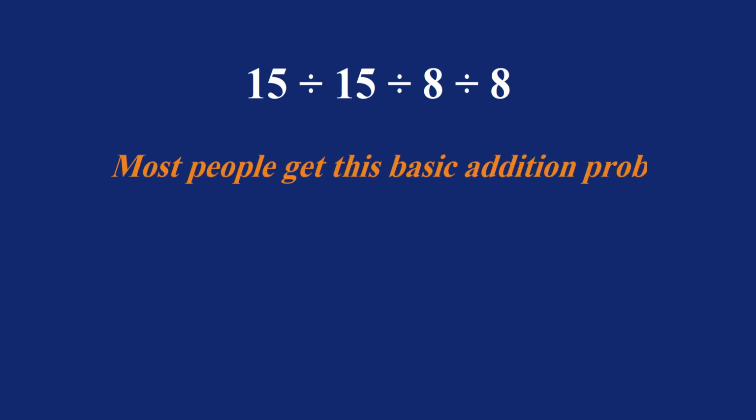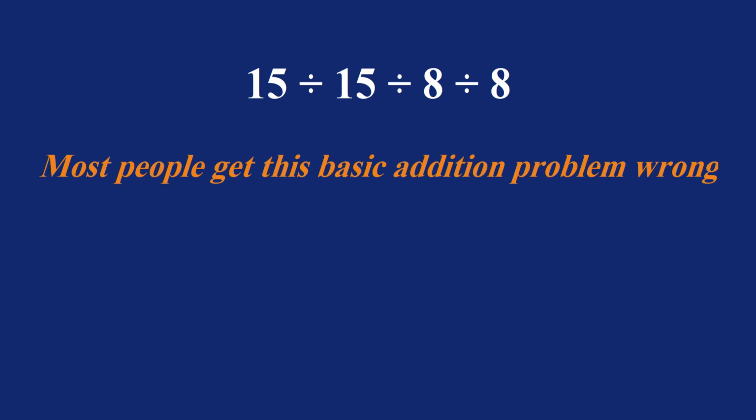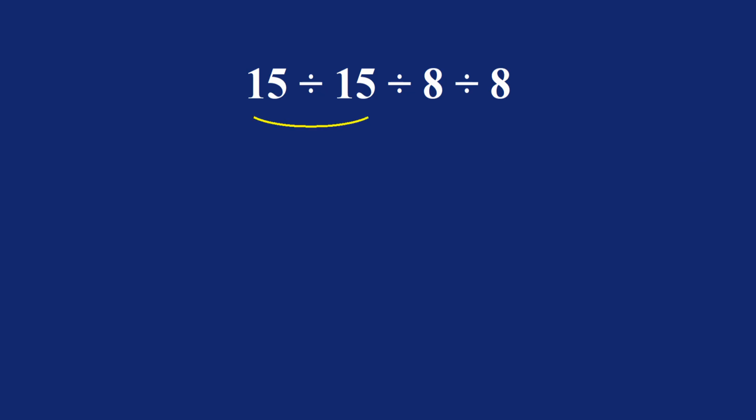Nice. It is what's inside this video. 15 divided by 15, which equals 1, and 8 divided by 8 equals 1. Now we have this problem, 1 divided by 1, which equals 1. But this answer is not correct, because according to the order of operations, we must do this division, then this